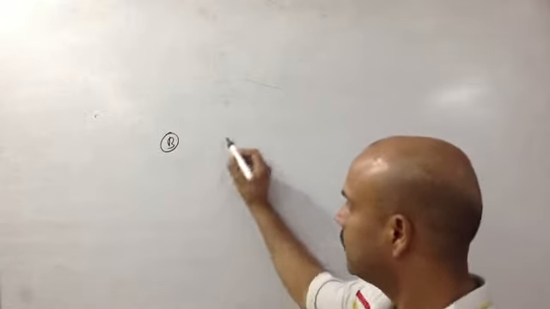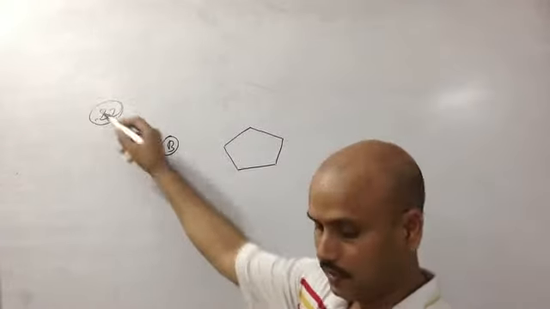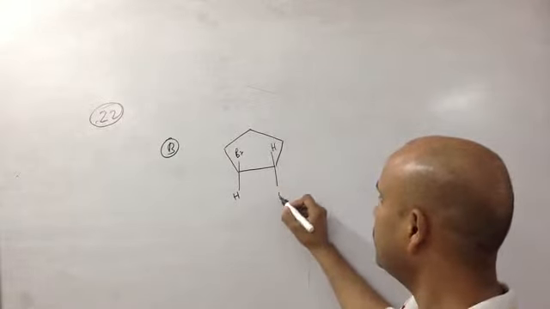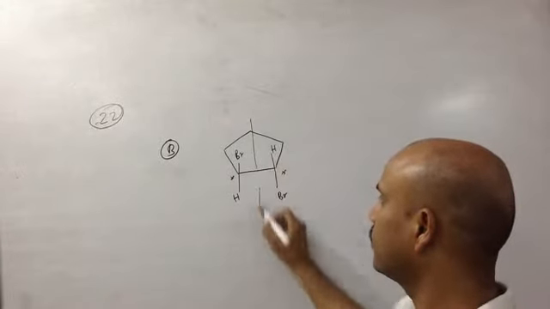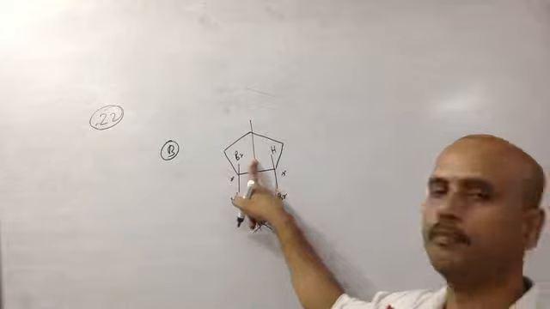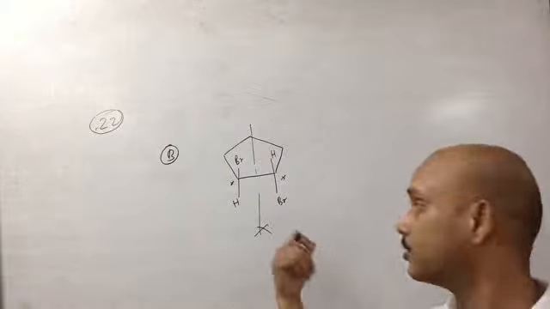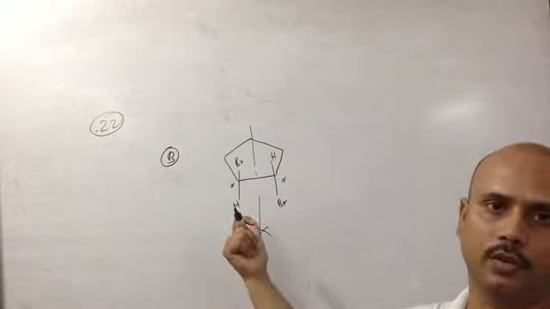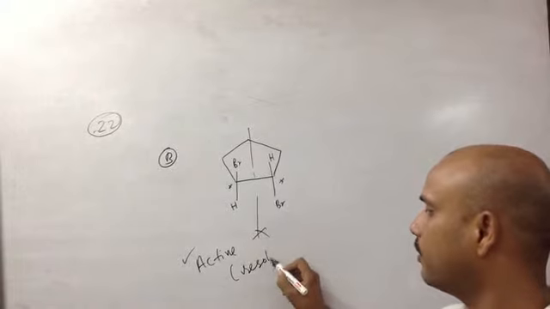Similarly, if you see option number B, you will find Br here, H here, Br here. This is a chiral center, this is a chiral center. You can't divide it into two equal parts, not possible. Similarly, it does not have planar symmetry. Since it has no symmetry, and any compound which has neither planar symmetry nor point symmetry should be optically active, that's why it is active or resolvable.